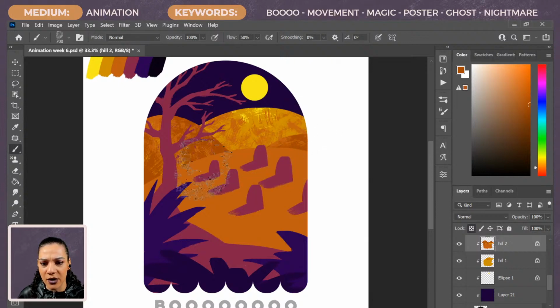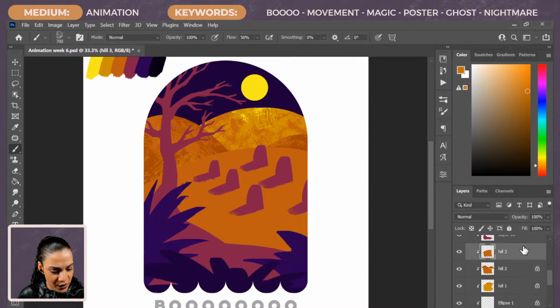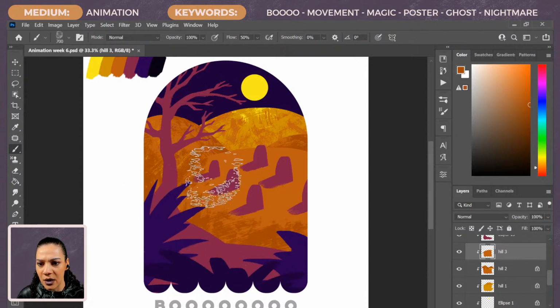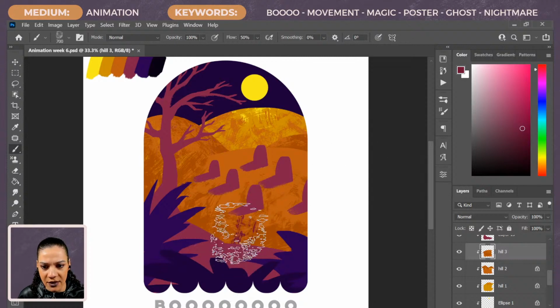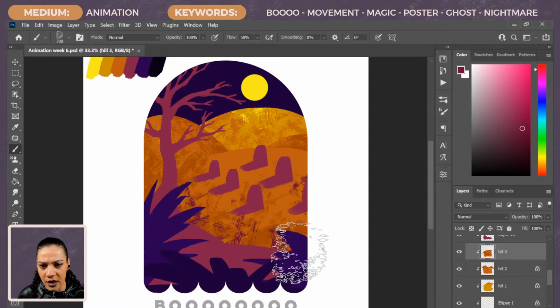We might add some colors along the way, but all in all, it's going to start to look a little bit like things are more separated. Okay, there we go. Let's grab our hill number 3, and let's snag some of this darker orange here, and we're gonna kind of spread this out. I'm gonna grab some of this pink, and I'm gonna make it even darker, and we're gonna add some of that pink in there. There we go.